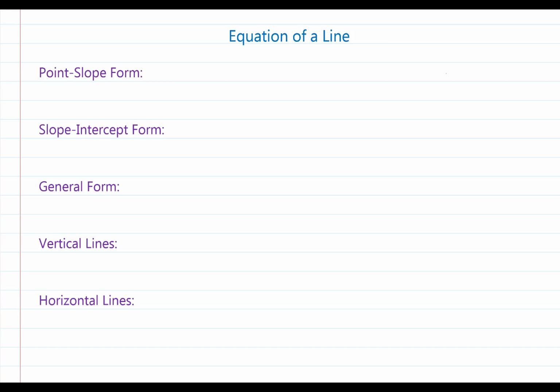Welcome back, mathematicians. In this video, we are going to learn about the equation of a line. Let's start with the different forms of an equation of a line. Point-slope form is y minus y sub 1 equals m times x minus x sub 1,